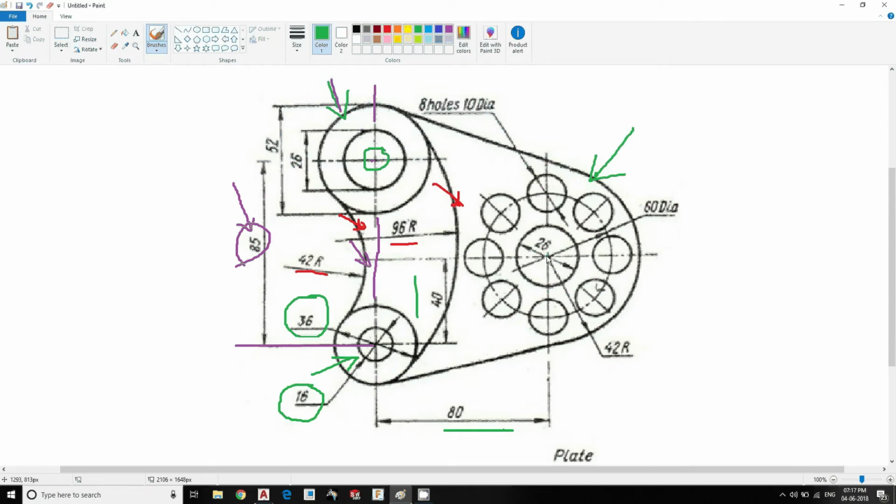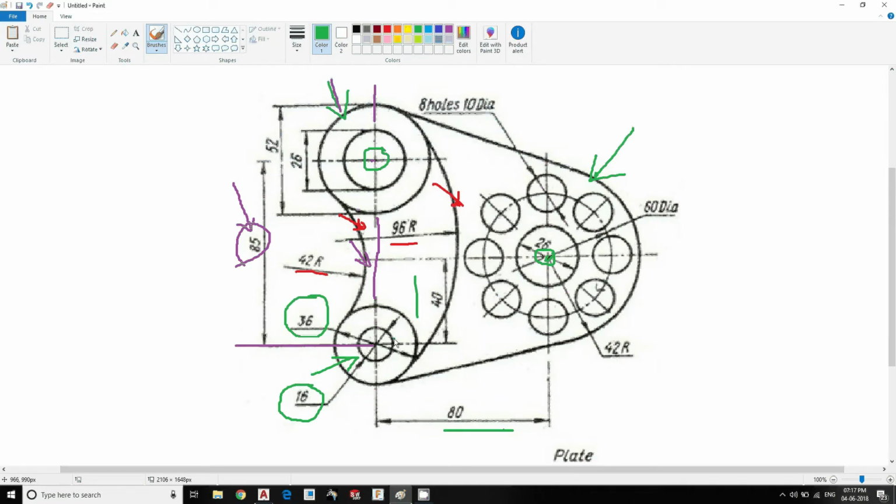So I am going to start in this particular center. Basically, while you draw your drawing, you have to start with the reference point or center point. If you have a circle profile or curved profile, it's good to start with the center points. Here I'm going to start at this particular point. How can I know this point? The point is 80 distance away from the center and a height of 40 distance away from this particular circle